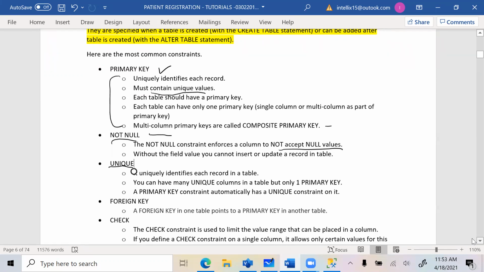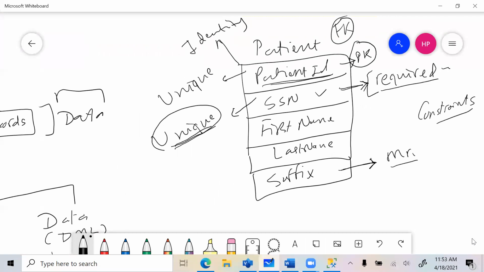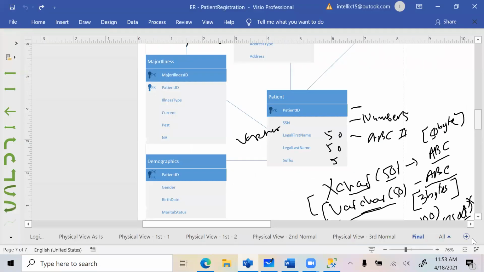So where do you use unique? Generally, if multiple columns in the table have unique values, you can't and you don't want to include them all in the primary key. So you identify one column as a primary key, and then mark the second column as unique. Kind of like in our example here. Patient ID is unique, right? It is a primary key,